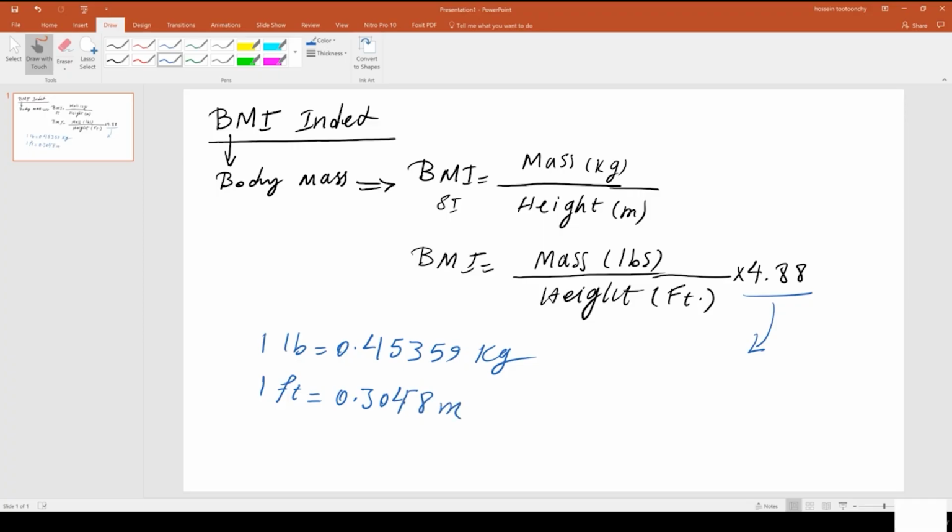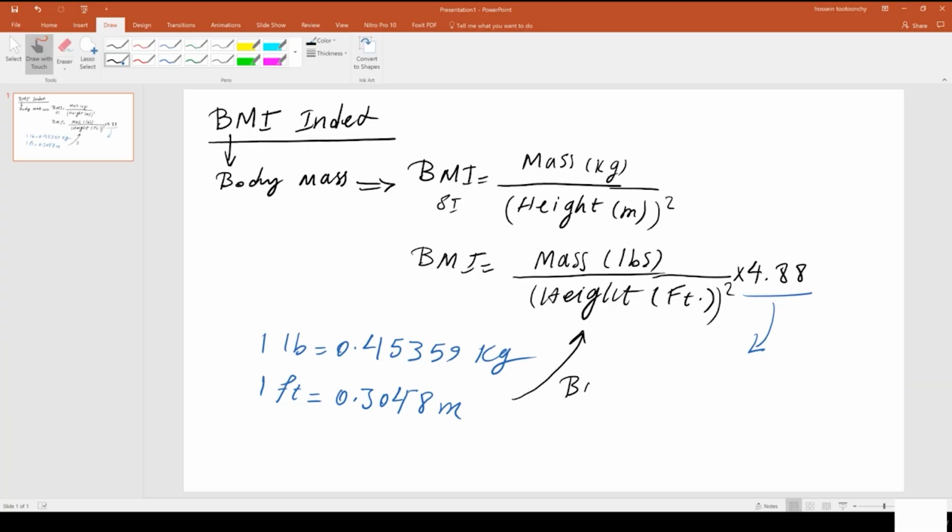So these are the conversions from pound to kilogram and feet to meter. And if you look at the formula, and I forgot to put this one into square too. This is in a square. So if you refer to the formula in here,